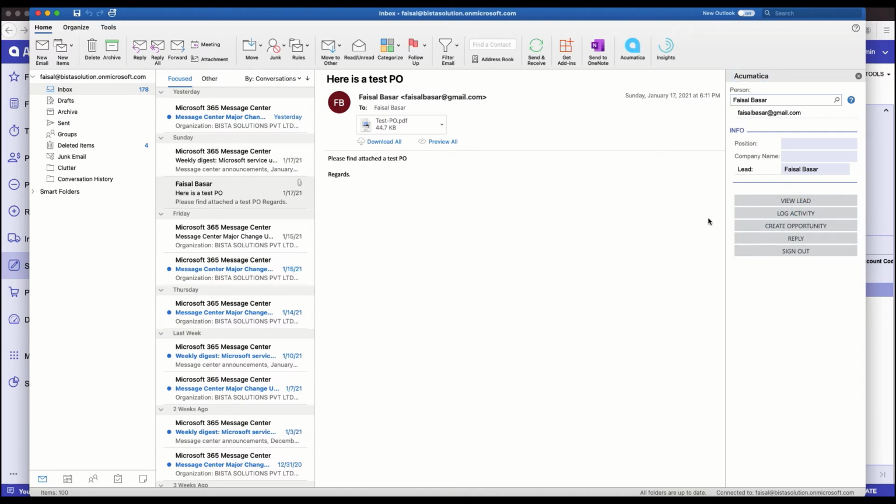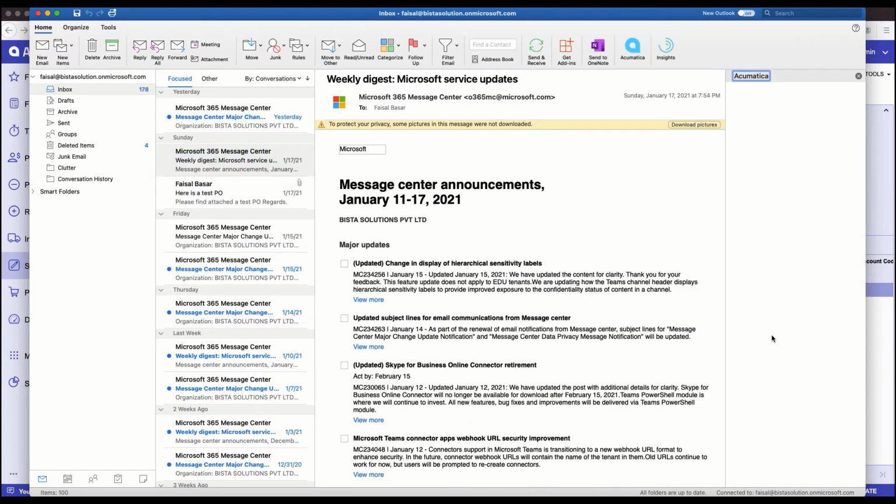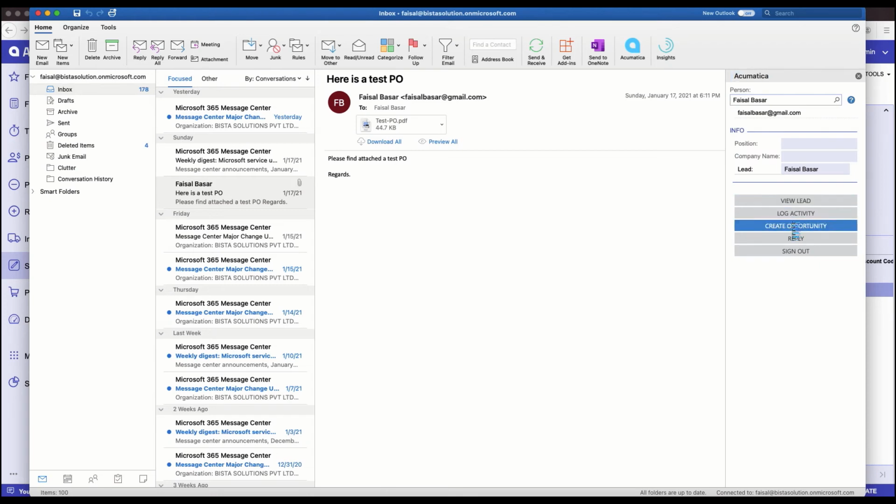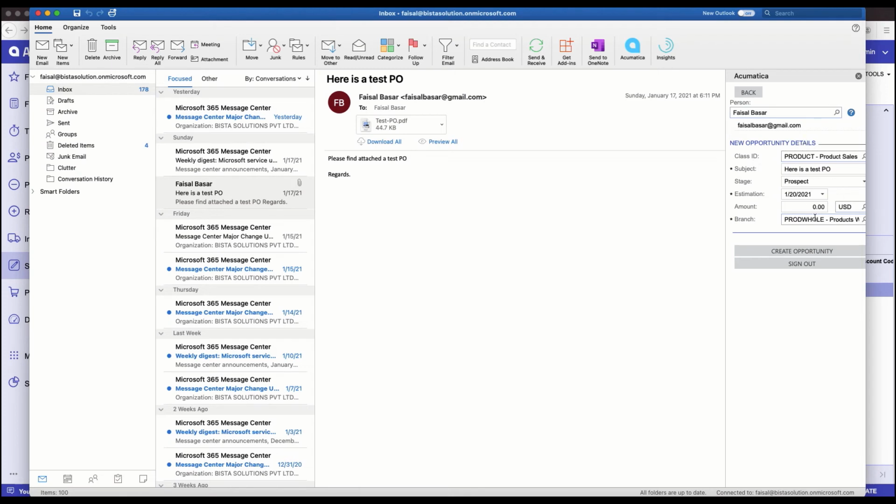If I were to select log activity, this will let me log this email as an activity. And I've actually gone ahead and created this. If I go here, select Acumatica for a customer which does not exist, it will identify that this sender is not a record, and it will tell me, hey, do you want to create a lead, or do you want to create a new contact for this person which doesn't exist in your Acumatica? Whereas if I were to do this for an existing customer, it identifies and tells me whether I want to log this activity or create an opportunity, which I can do from here. I can click on this, select some of the options I need, and create an opportunity